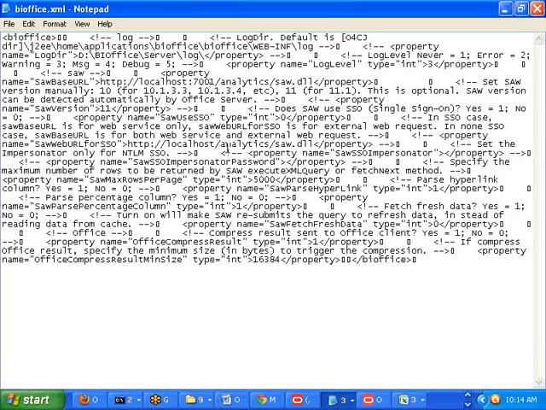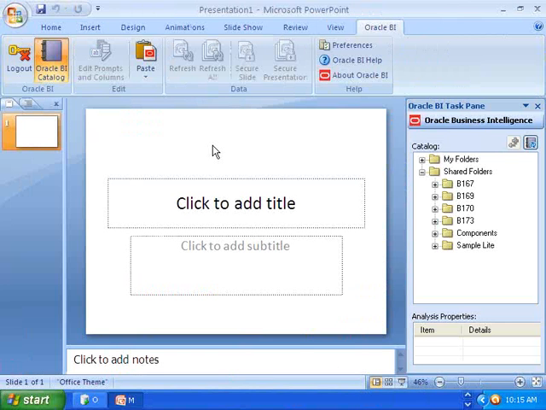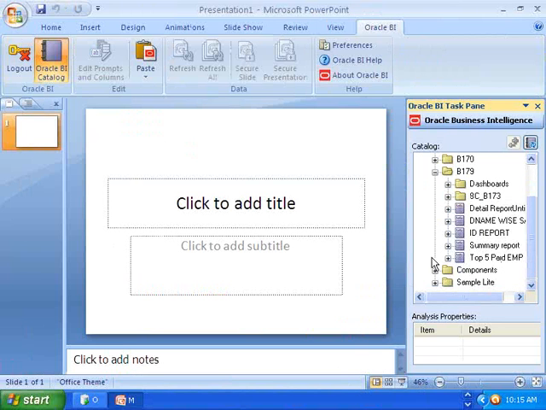You are not modifying much here, sir. Only you need to replace what, sir? Here 9704 is available, that you need to replace with 7001. If you do it like that, then if you go for the test connection, you are going to get it. Am I clear? Then once it is available, whatever things you have done, you can simply drag and drop